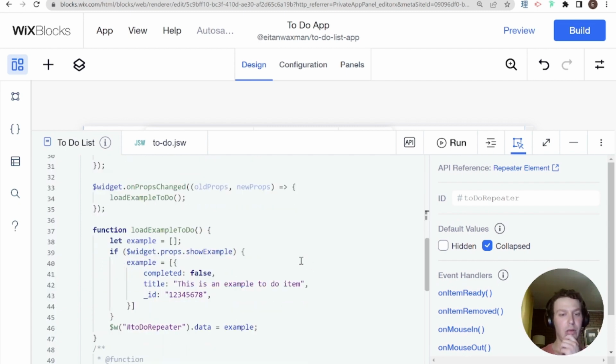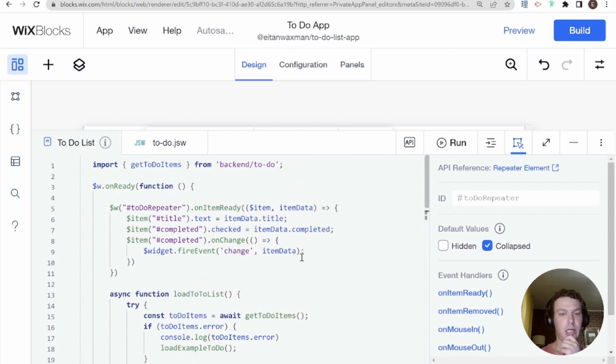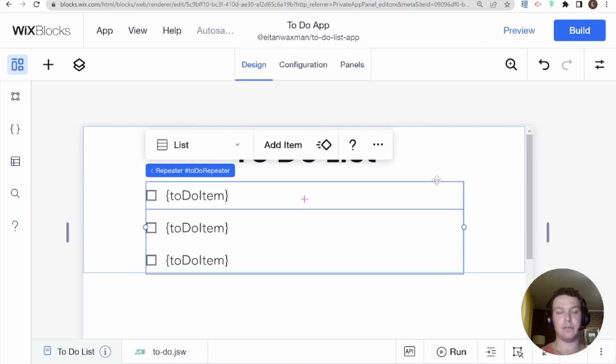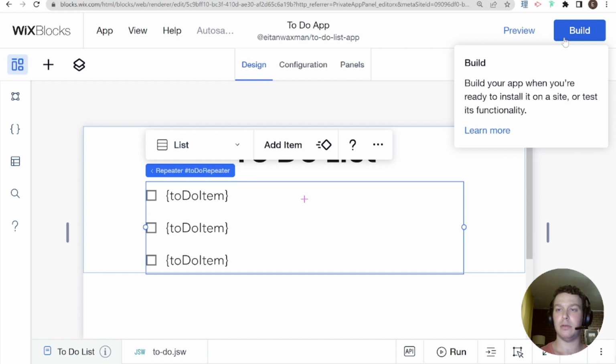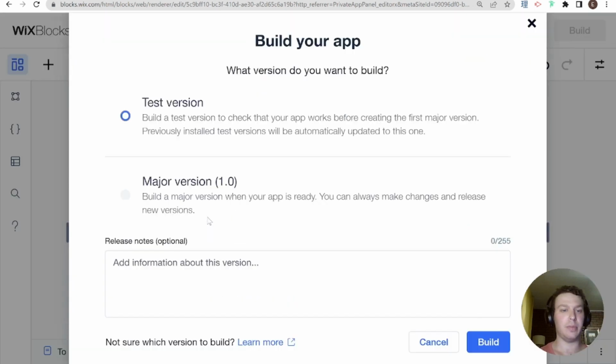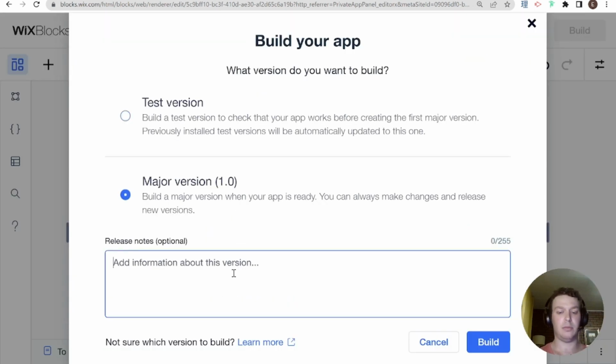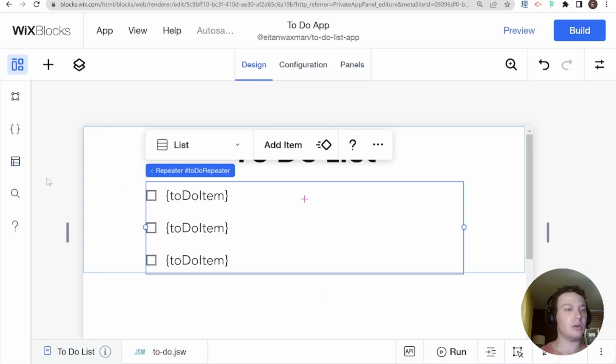Cool. Now I think we're done, and I'm going to go ahead and build the first version of our app, which is very exciting. I'm going to go ahead and hit build, and I'm going to build the major version. I'm going to write yay. Before I do this, I'm actually going to show one thing. So if I go over app